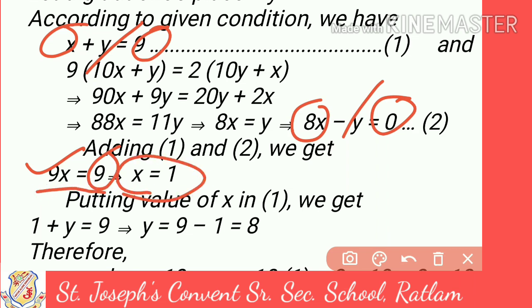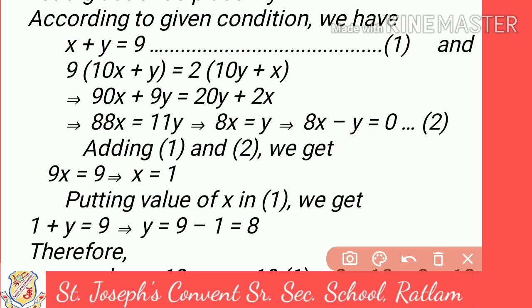So when you solve it, 9 divided by 9 will be the value of x, that is x is equal to 1. Now you know it very well. When you get the value of x, what is the next step? The next step is to substitute this value, x is equal to 1, in any one of the equations. So putting this value of x in equation number 1, replace: 1 plus y will be equal to 9. So y will be equal to 9 minus 1, shifting it to the other side, that is equal to 8.